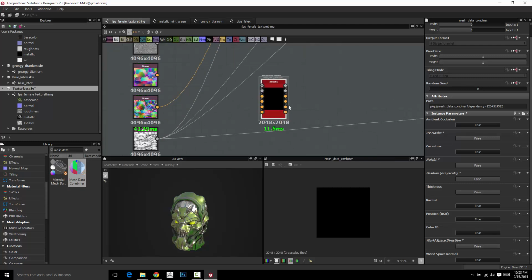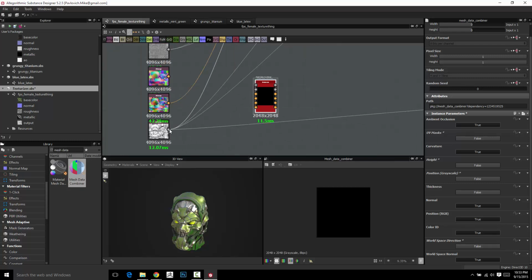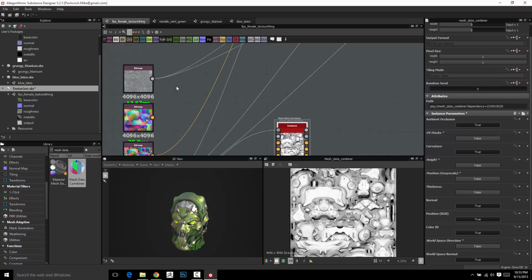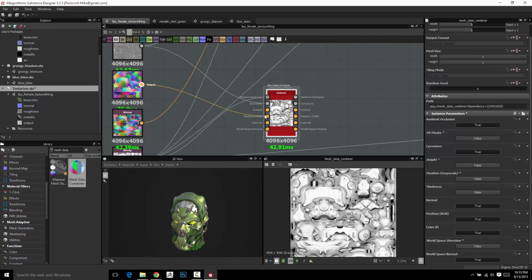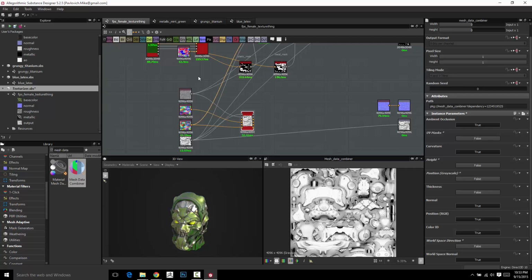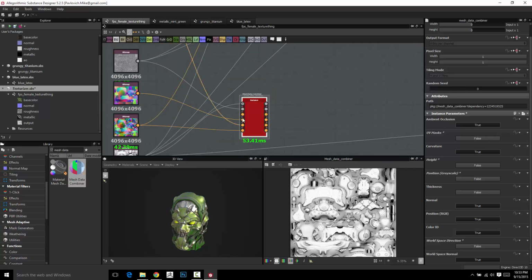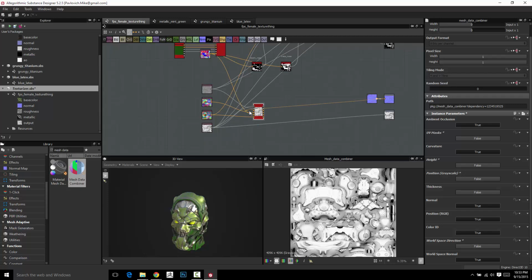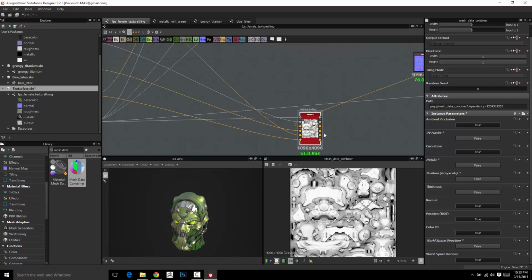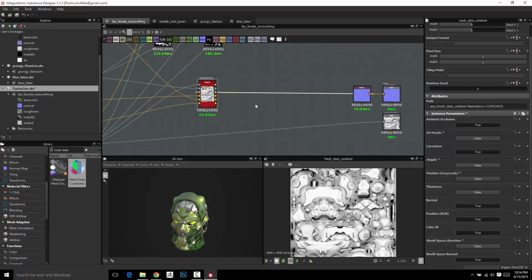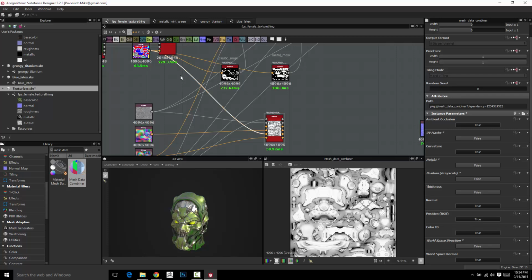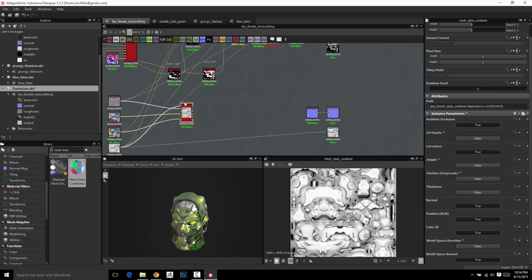So if I open this thing up with 1, I can take my ambient occlusion and plug that in. I can take my curvature and plug that in. I can take my position map RGB, my world space normal, and my color ID map, which is this thing right here, and plug that in, and then my normal map as well if I want to. So now all of these maps run through this thing. If you want one nice and tidy place to put this thing, you can certainly do that. I don't really need my material ID going in there, but I can now